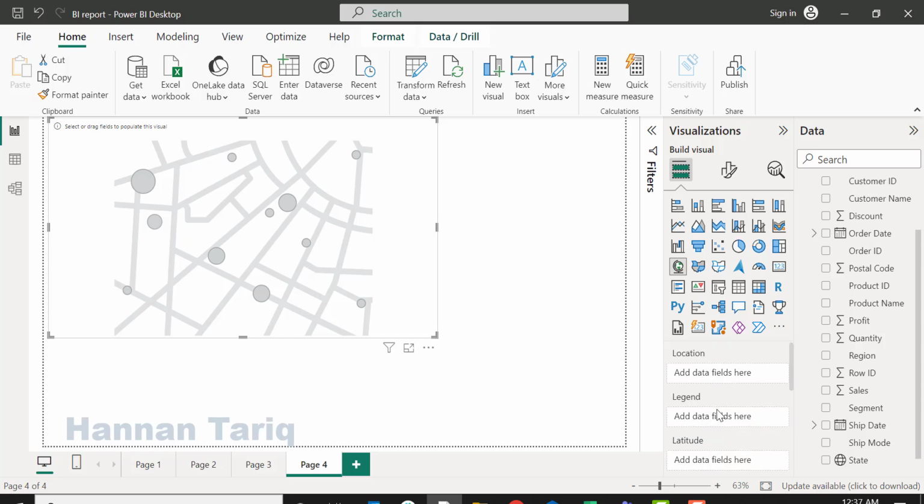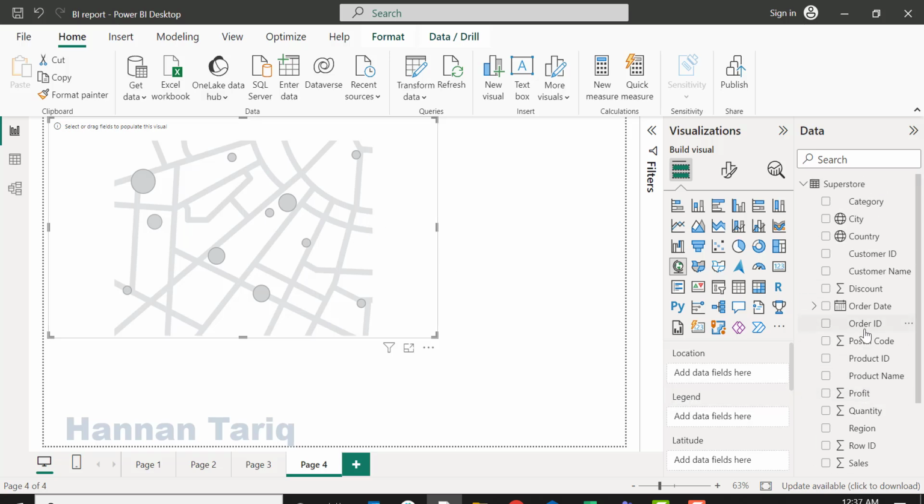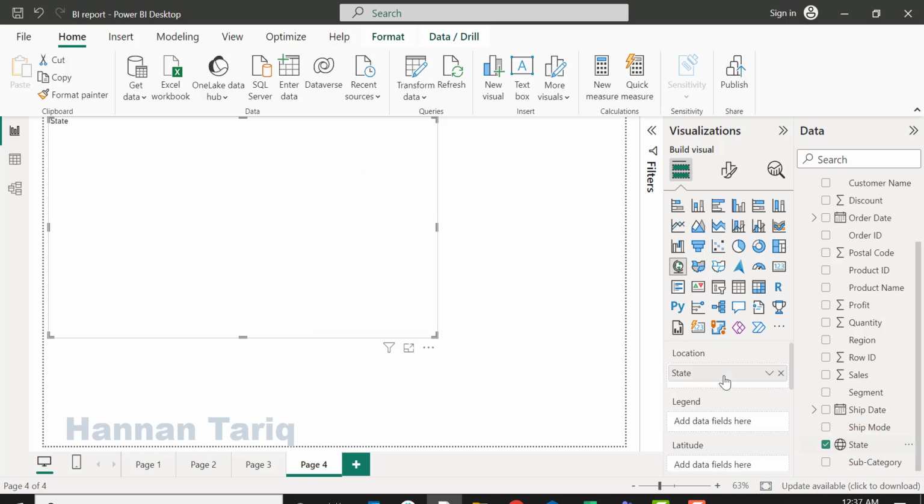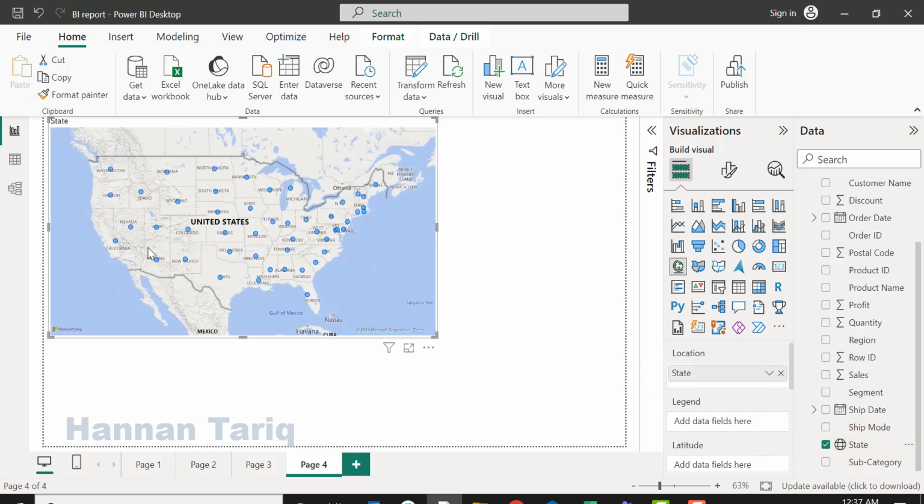All right, so what do you mean by location? Means what do you want to plot? All right, so let's say I want to plot over here the states, right? For instance, I want to plot states. I will just click and drag over here states. Since you can see now this is the United States data, so all the states have been marked over here,